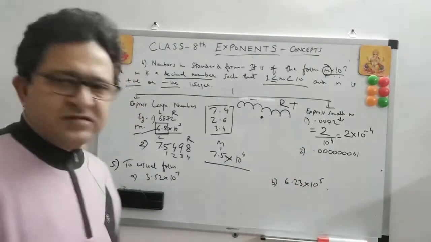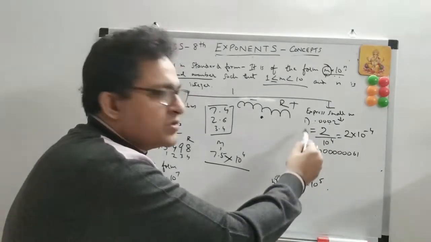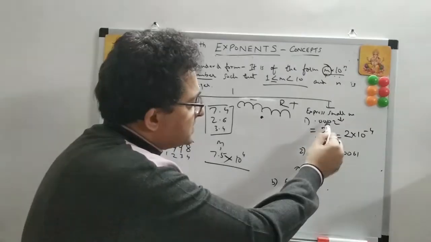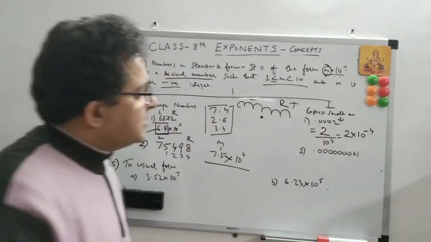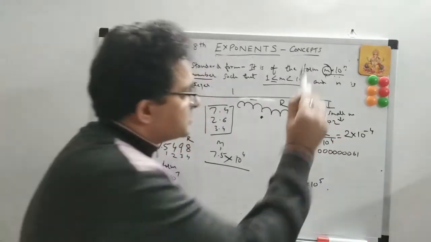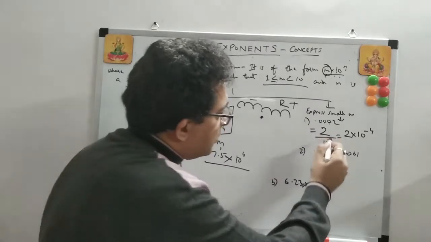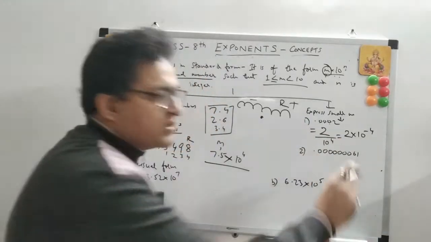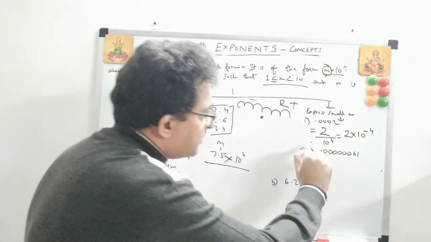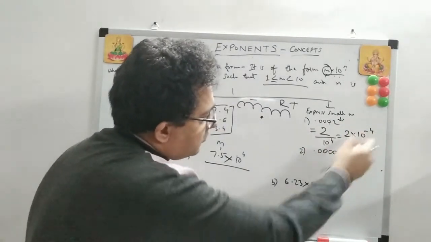Now let's make things easier. Whenever you get these decimal numbers, you have to shift the decimal to the right, to the extent of putting the decimal after the last digit. So how many places will you shift? 1, 2, 3, 4 digits. 4 places. So 10 to the power 4. Always put it upon. Just do this first step, remember this first step: 2 upon 10 to the power 4, the number of digits you have shifted. And then you can just take that over there.